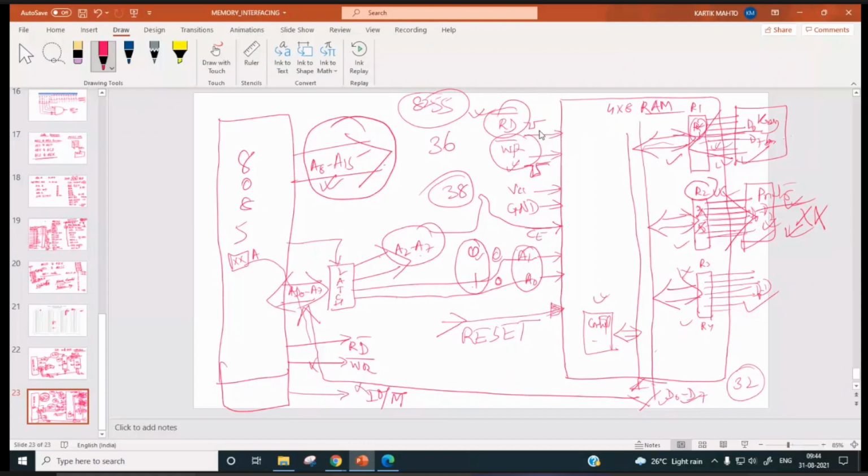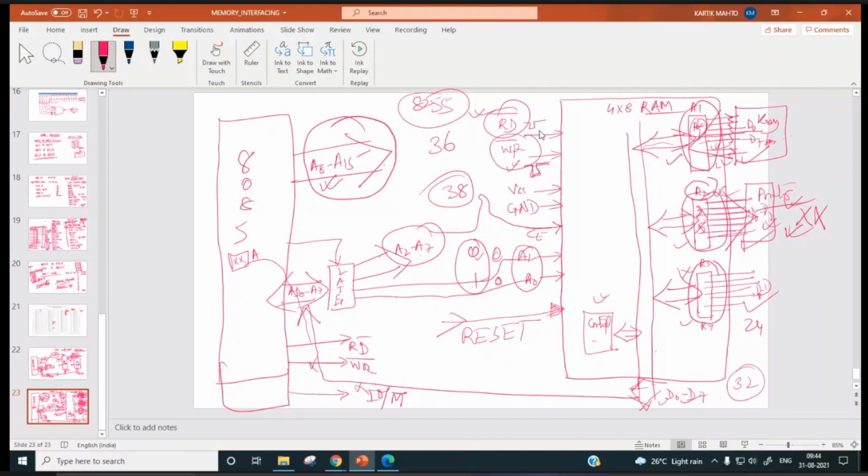In fact, in case of a memory chip, we were not having any pins connected directly to these registers. But here we have 3-byte registers, so 8 3s are 24, plus D0 to D7.